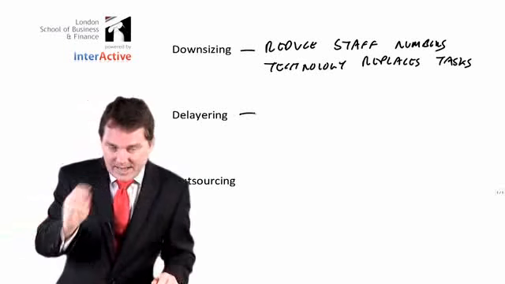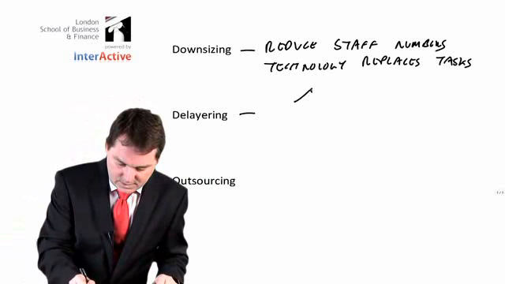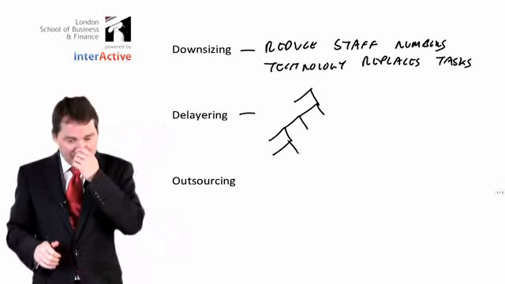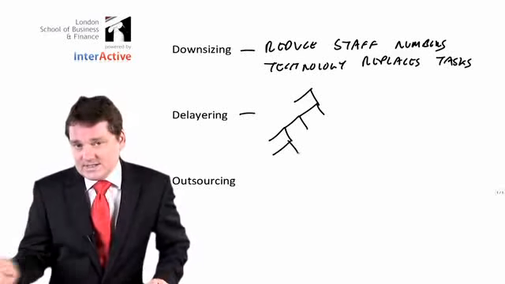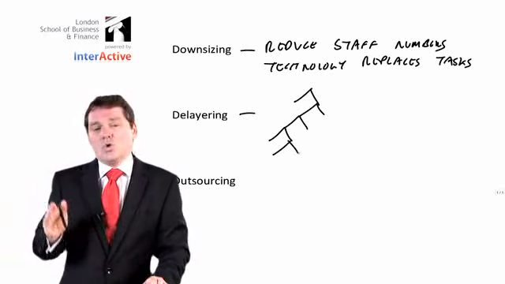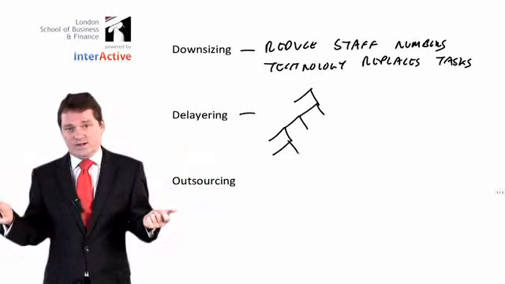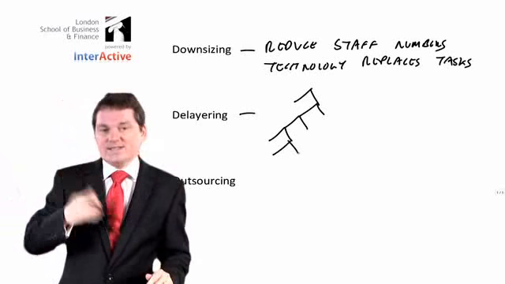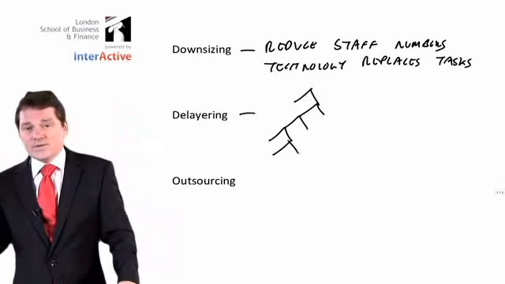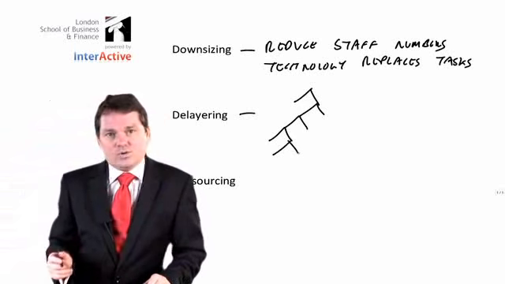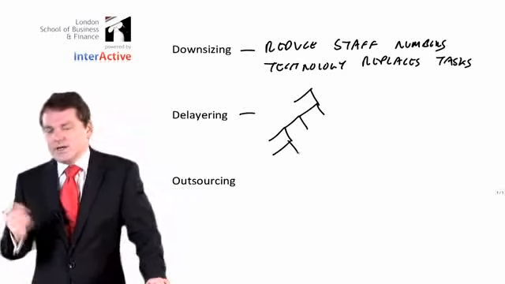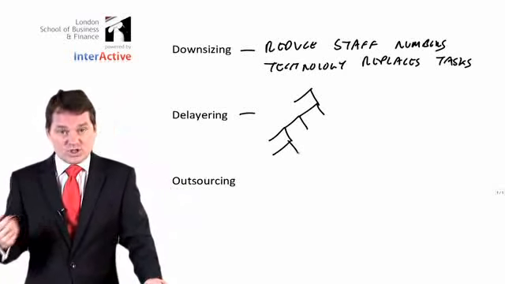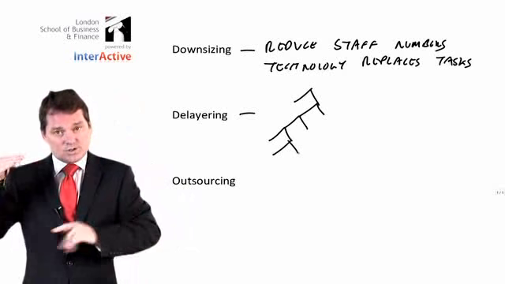Delayering. Again, you might remember a tall structure, and a tall structure looks something like that. Now imagine, 50, 60, 70 years ago, you have an organisation which is very spread out geographically, over a large area. You might have bits in the south of a country, north of a country, even overseas. Remember, 60, 70, 80 years ago, communications weren't that brilliant. It's going to be very difficult for managers to know what's going on, so you'll end up with a small span of control and a lot of layers.